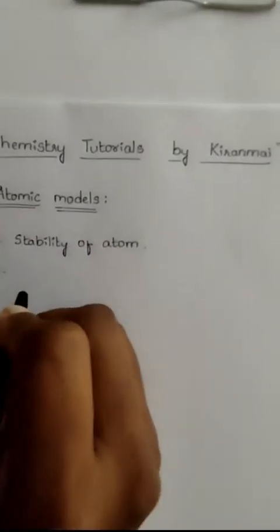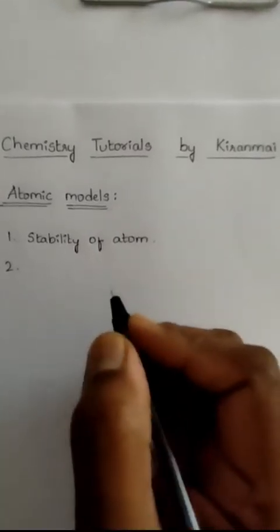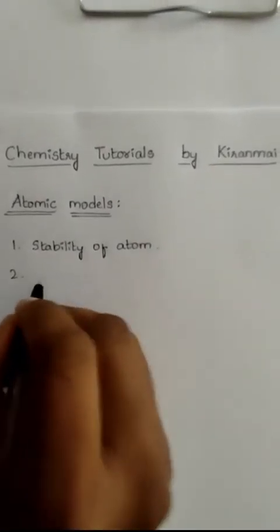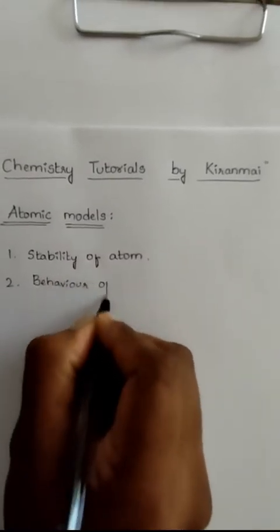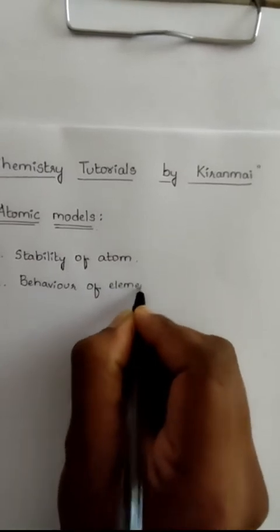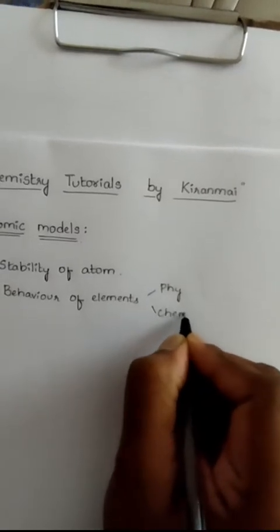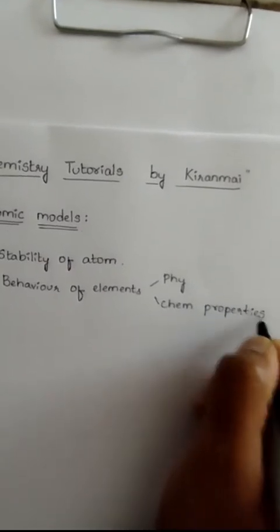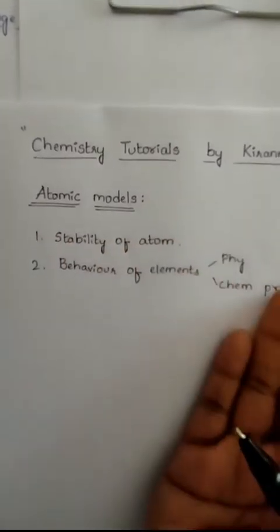and then the other question is how elements are compared, that is how to compare the behavior of elements in terms of physical and chemical properties. That is, if you compare the two elements, carbon and nitrogen, how they differ from each other in physical properties